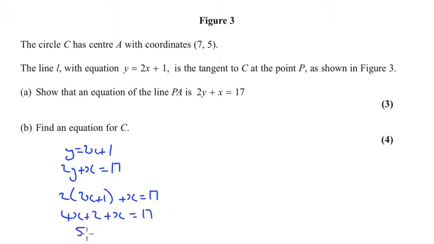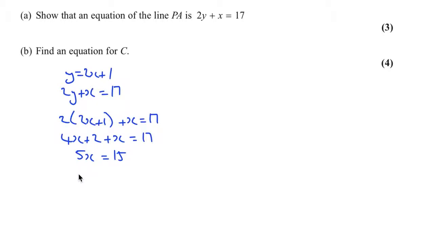That's 5x is equal to 15, so x is 3. We need to find the y coordinate, so when x is 3, y is 2 lots of 3 add 1, so that's 7. So P